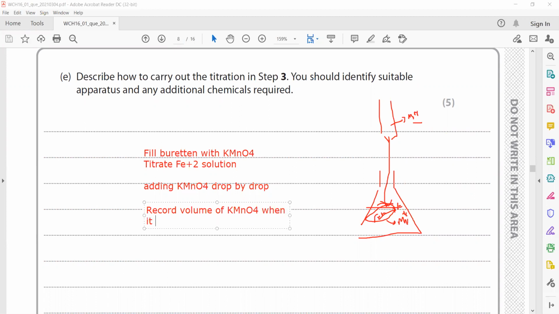It shows a color change from colorless to pink. And for the improvement, we should look perpendicular, avoid parallax error,